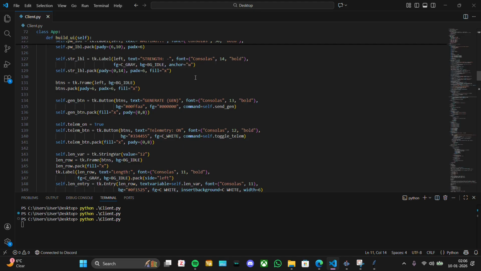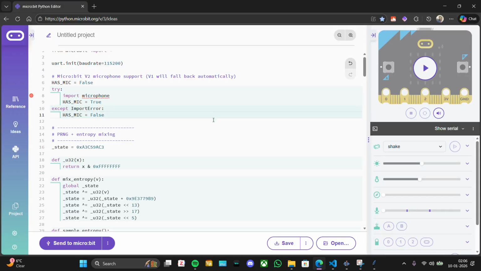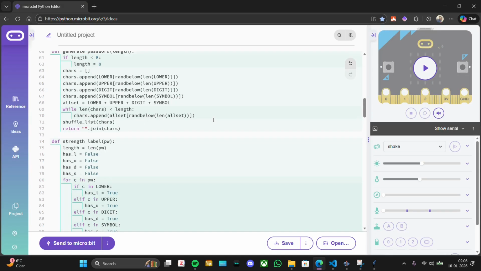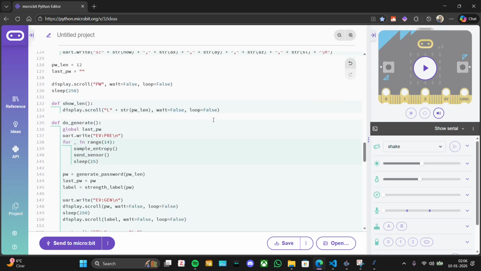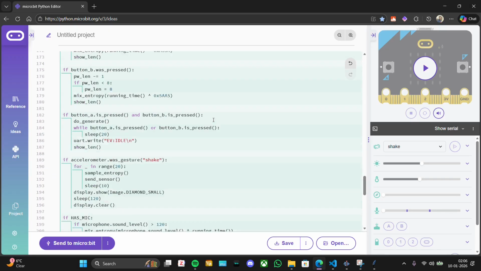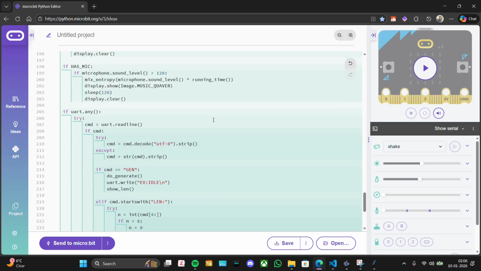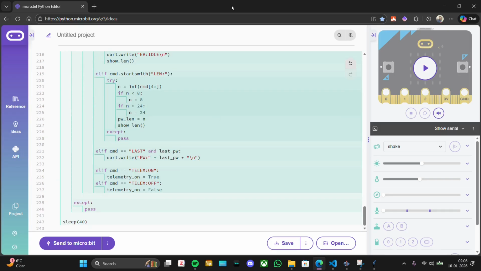For the sensor protocol, the micro:bit sends lines like S:timestamp, AX, AY, AZ, and the client parses those into integers, calculates acceleration magnitude using a square root, and uses that to drive the shake animation of the virtual board. Meaning, the more the real micro:bit moves, the more the virtual one jitters and glows, so you get a live